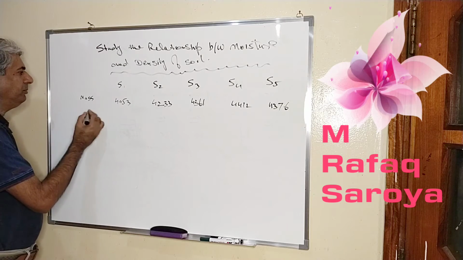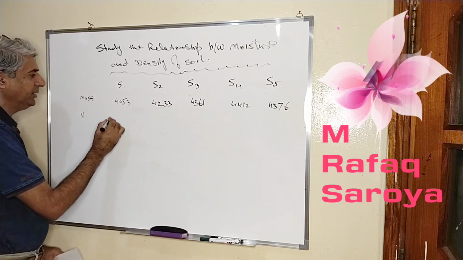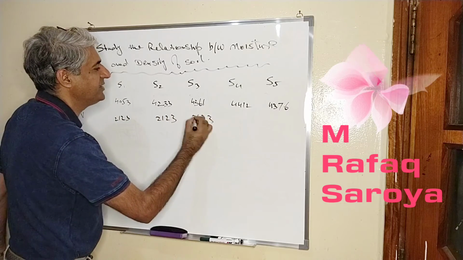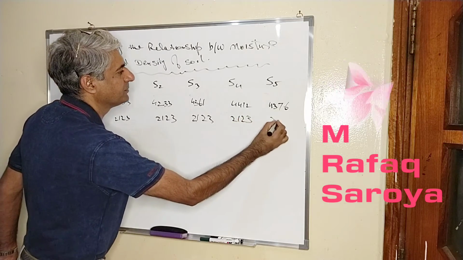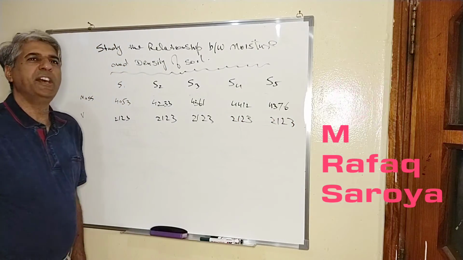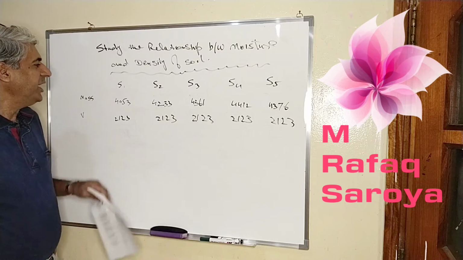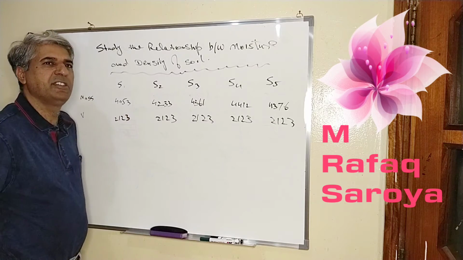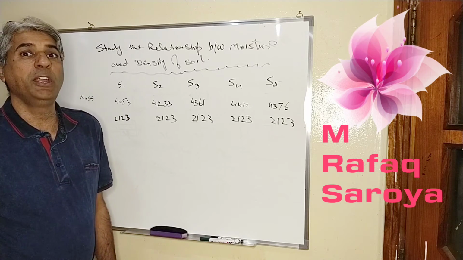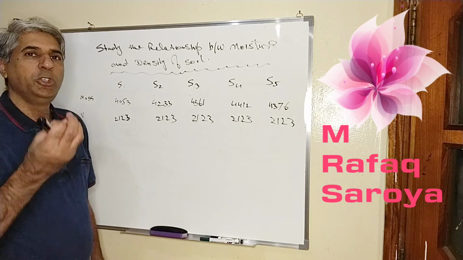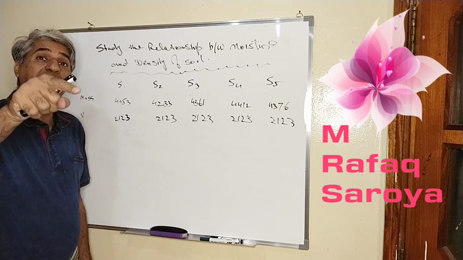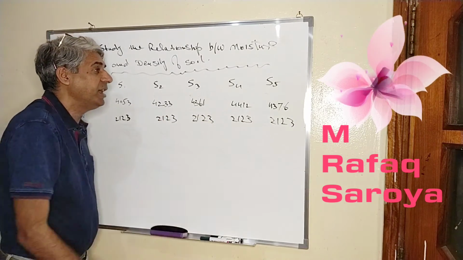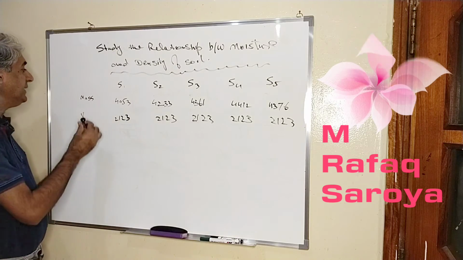Next, volume. It is already constant: 2123, 2123, because the mold remains the same. If someone asks you why the volume is not changing, you will have to tell that person, because sometimes this question is asked in an interview: why, when you are developing the Proctor curve, is the volume the same? You will have to reply, because the mold is kept the same. We are not changing the mold. When we are not changing the mold, its volume will remain constant. That's why I have written over here 2123 cc.